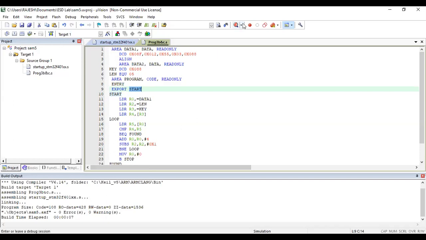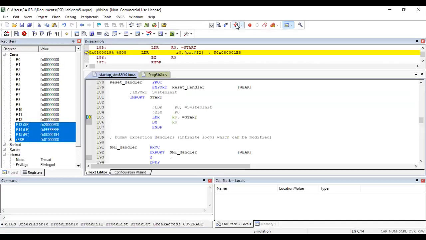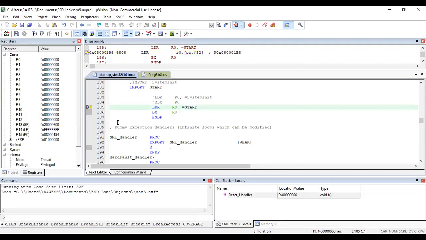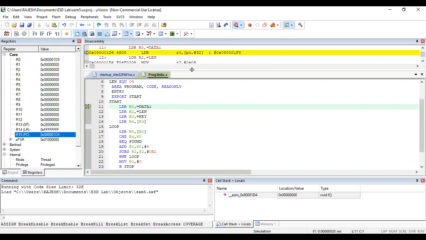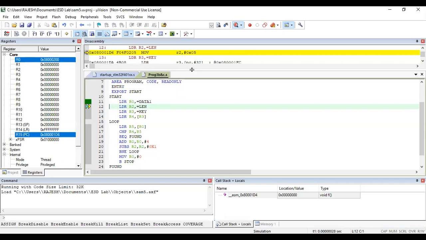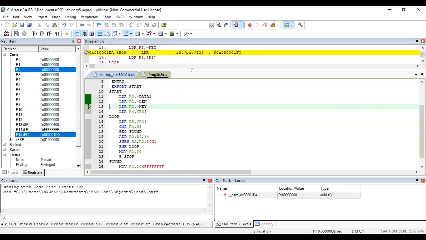So now by default we have to go for the debug procedure. So now we came to the debug. As I told you, we can go for two methodologies, but let us stay here. Since this is a small program, we will see line by line operation. Just press F10. First R0 is loaded with the data segment address, R2 is loaded with 5, R3 is loaded with